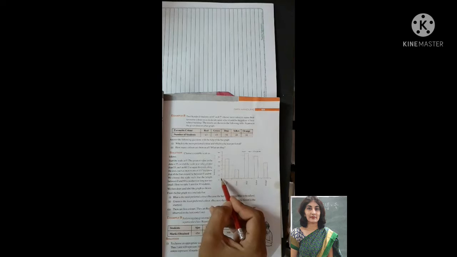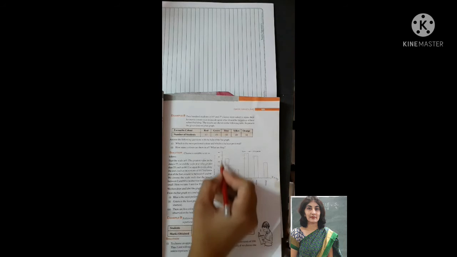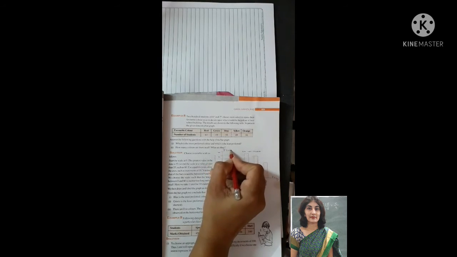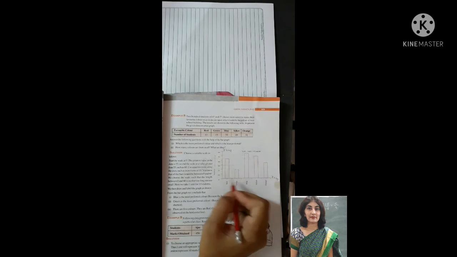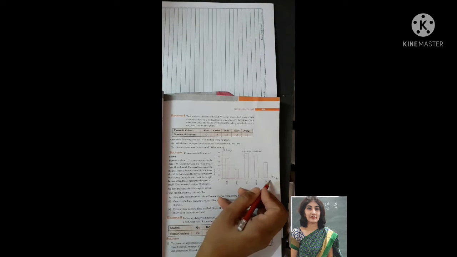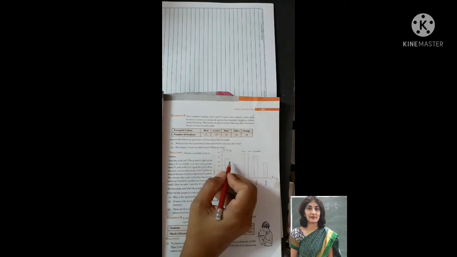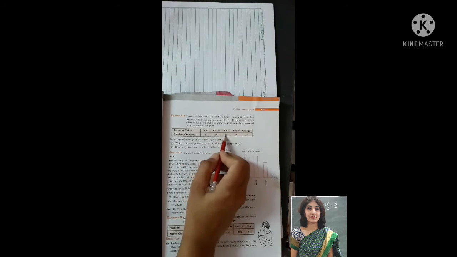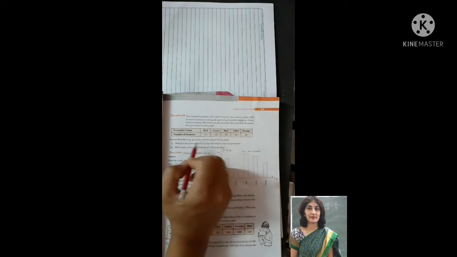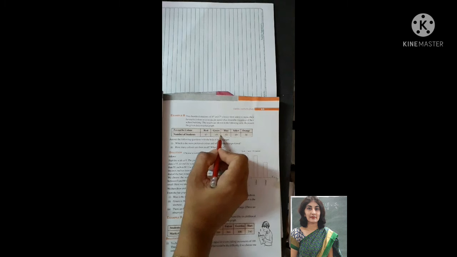Now see, in the book you can see this is the bar graph. This sleeping line is known as x-axis and this vertical line is known as y-axis. The very first thing you have to do while drawing a graph is you have to choose a proper scale. Now sometimes in the question the scale is given, sometimes you have to choose according to the question. Now see here the data is 43, 19, 55, 49, 34. So here we will choose the scale as 1 unit equals to 10 students.